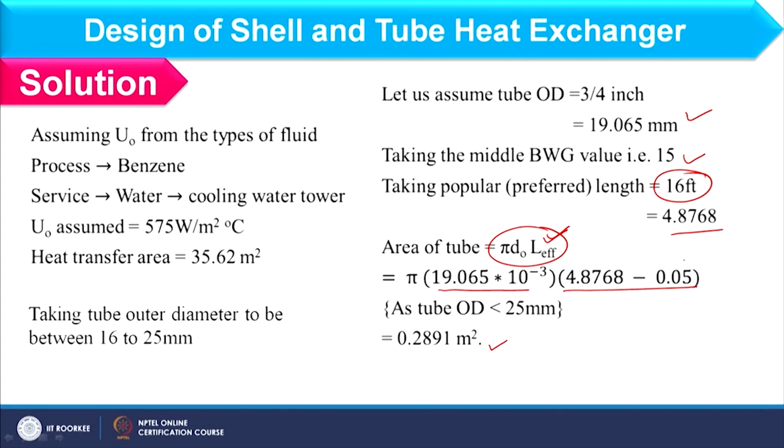meter square. Now, how am I considering this 50? Because the OD of the tube is less than 25 mm, the tube sheet thickness should be at least 25 mm. If the OD of the tube is more than 25 mm, then the OD of the tube will be equal to the tube sheet thickness. So in this way we have deducted 50 mm from the total length, and we can find out the